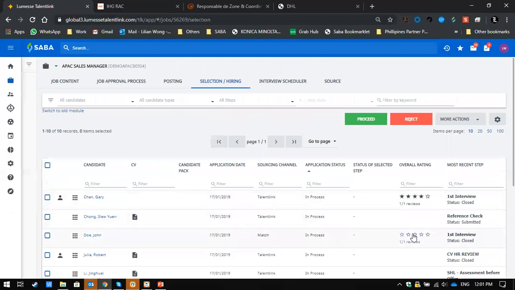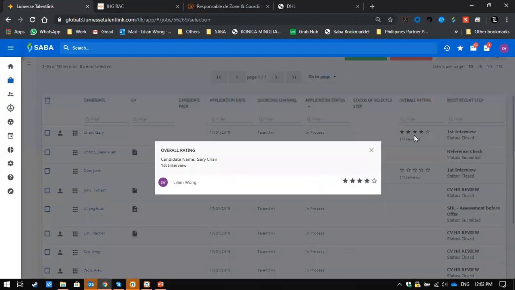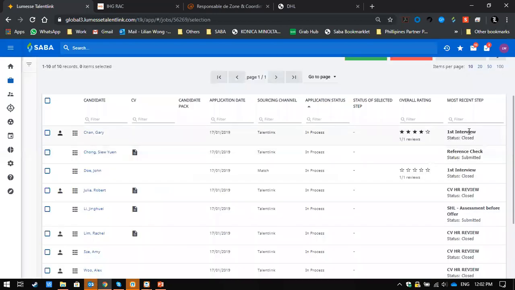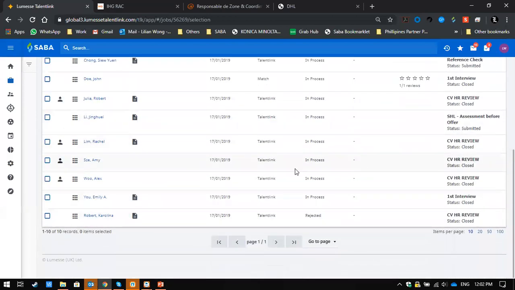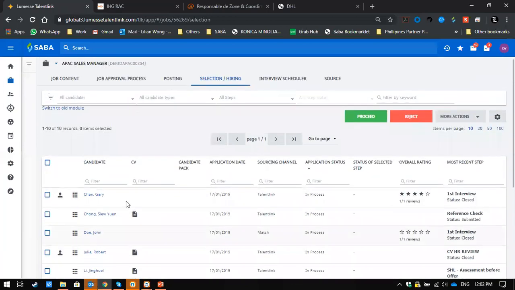And you can see in terms of rating, these are all actually the ratings from, let's say, the hiring manager who has already reviewed this candidate's CV. So if I want to see, I can just click. This is which step the person is now, and then I'm the hiring manager, I rated 4-star. And then here, you can see the recent step that this person is on. So these are the candidates that are stuck in CV HR review. So from here, you'll be able to have a very clear view of what is happening in this job and